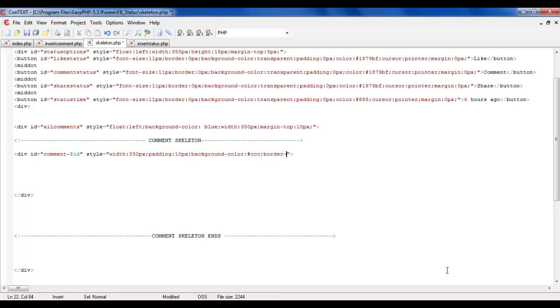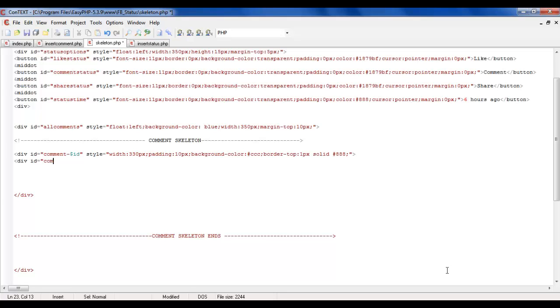The comments will be appended from below, so we just need to give the border top pixels, just to separate the comments, make it a little good in visual, in viewing. So 1 pixel solid, let's make that a little lighter shade of black. Okay, that's there, and then we need to